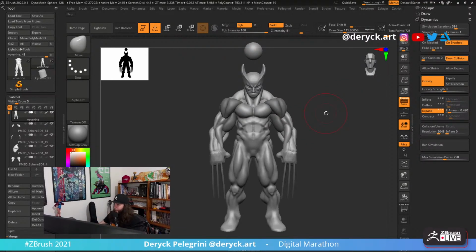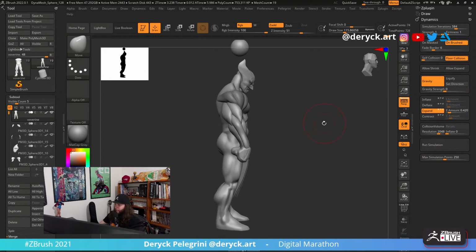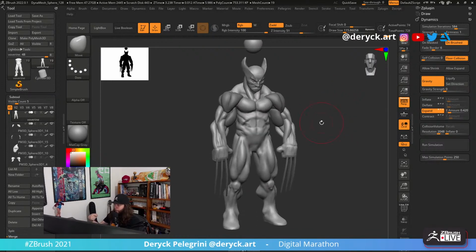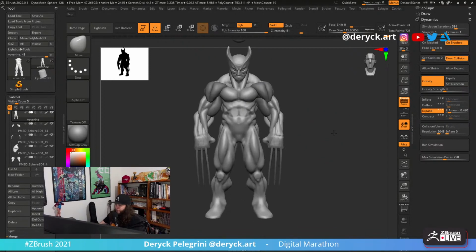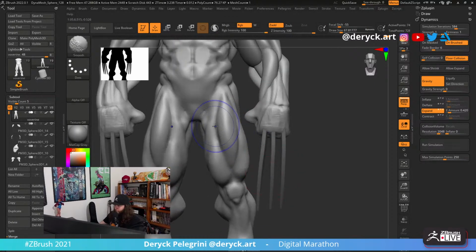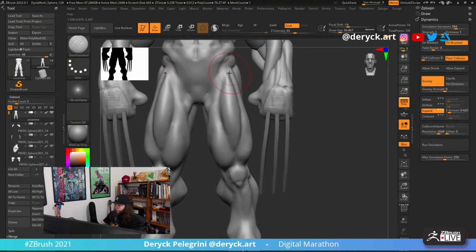So yeah, but by now, you keep exercising, you keep sculpting, and at some point you kind of figure out where the insertions and connections of the muscles are. So this makes your life a lot easier, but I think it's a good thing to always be looking at reference, especially when you're doing professional work or a final piece.